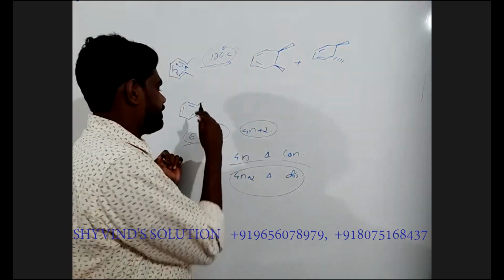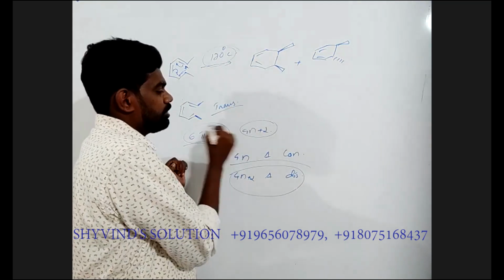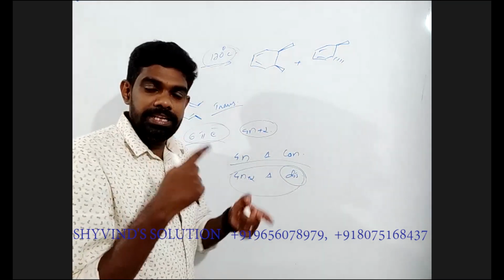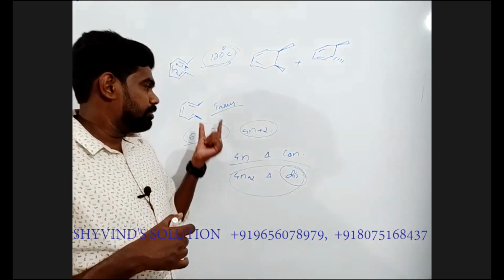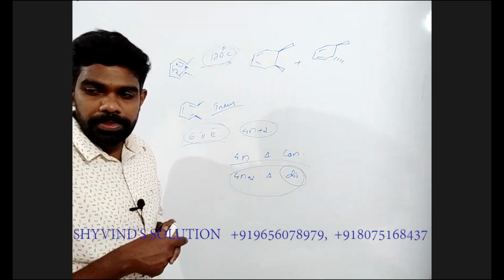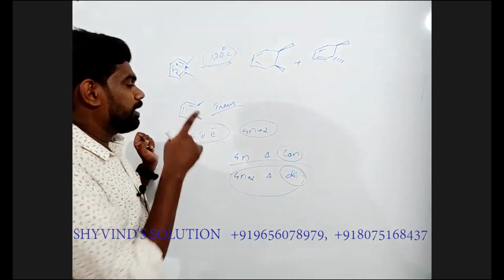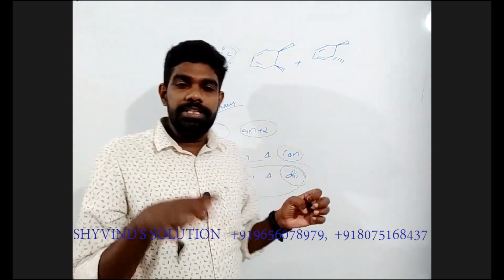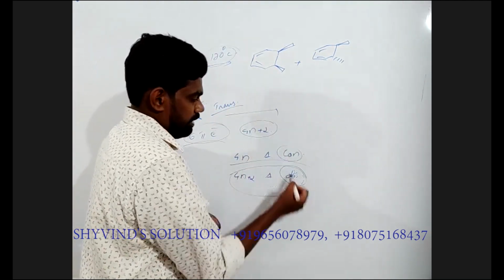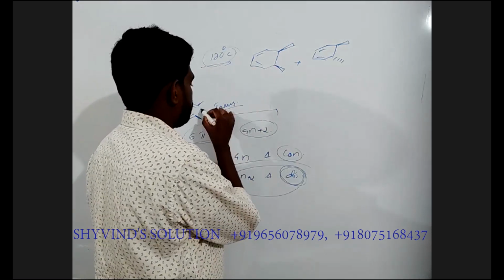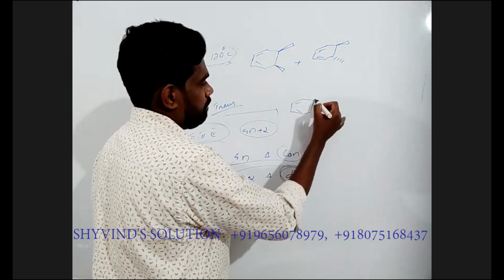Disrotation means the stereochemistry here, these two CH3s are trans. If disrotation takes place, the trans stereochemistry will be converted, so trans will convert to cis. If conrotation takes place, the stereochemistry is retained. If disrotation takes place, the stereochemistry will be inverted. So that is the idea. We have disrotation, so the stereochemistry will be inverted. We have the trans starting material, so during this conversion, it will become the cis product. So this will be the match.